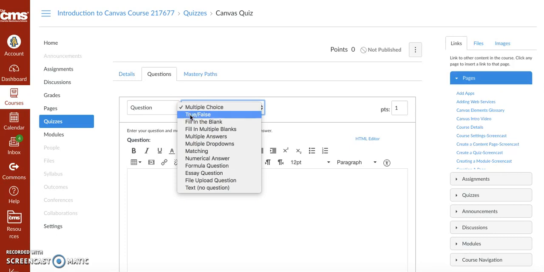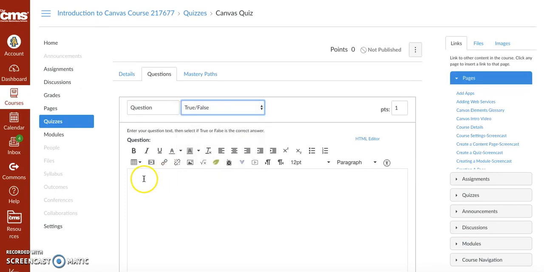And there's a variety of questions which are multiple choice, true, false, fill in the blank, matching. It depends on what type of question you want to do. My first question is going to be a true, false question. And then I'm going to click in this area and I'm going to type the question, only published pages can be set as the front page